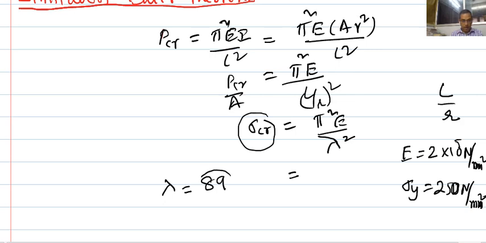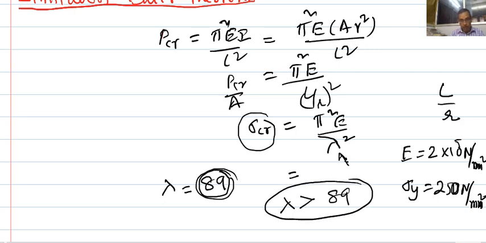Slenderness ratio is 89. That means any lambda more than 89, only then is this value going to be buckling,